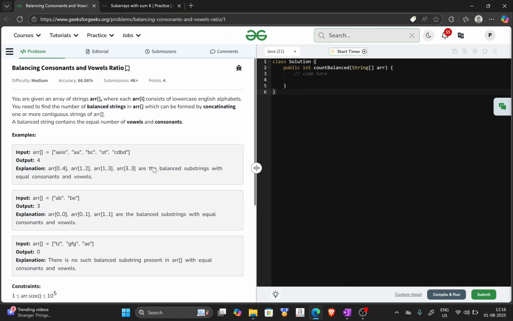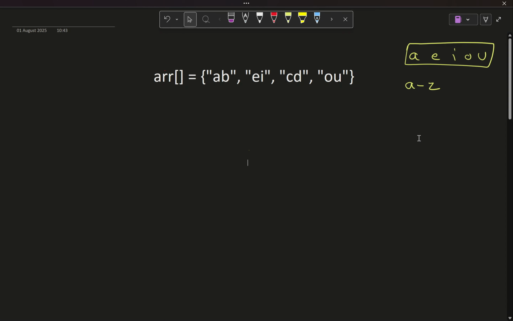Hello everyone, today we are going to solve the GFG problem of the day, balancing consonants and vowels ratio. So let's see what the problem says. Before we move ahead to its discussion, I hope you already know what vowels and consonants are. If you don't know, vowels are nothing but A, E, I, O, U, and the rest of the letters from A